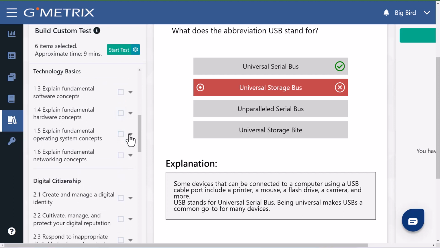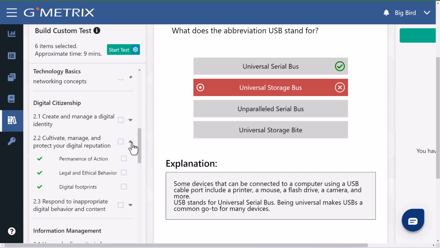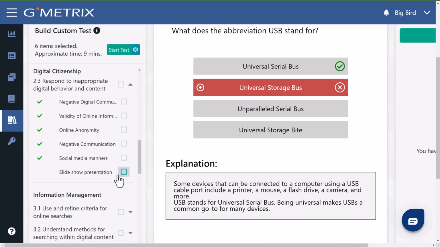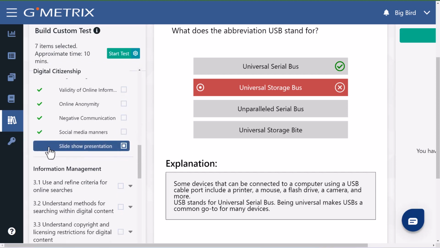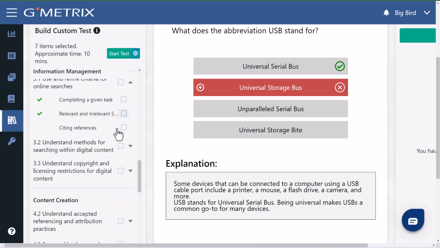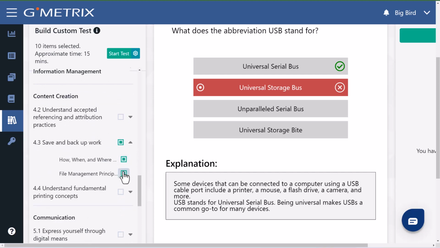They may also add from different topics. They can add from digital citizenship. We'll see here at 2.1, all questions were correct. 2.2, all questions were correct, as well as 2.3. But they have not seen this question, so we're going to add this question about the slideshow presentation. If it does not have anything here, if it's blank, that means that they have not been given that question on a test. They can add from any topic area in order to create a full exam,